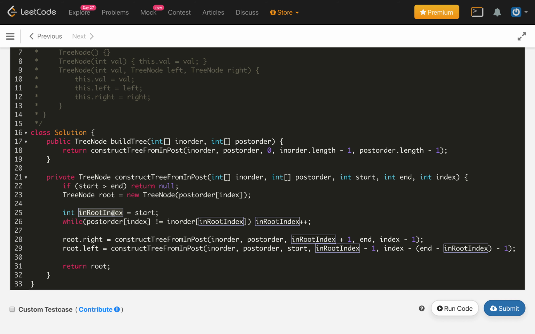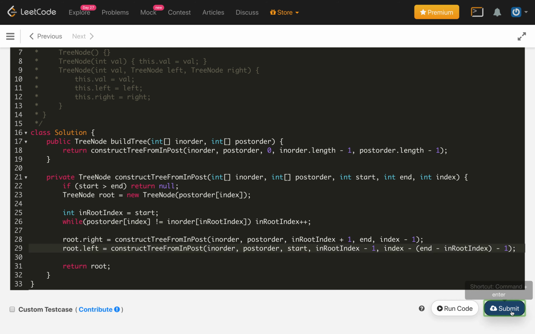Then we find where that root node exists in our in-order array, using the while loop here, comparing the value of that node from the post-order at index. When we find it in the in-order, we stop this loop, and we get that in-order root index. After that we call the right subtree and the left subtree as per the conditions explained.